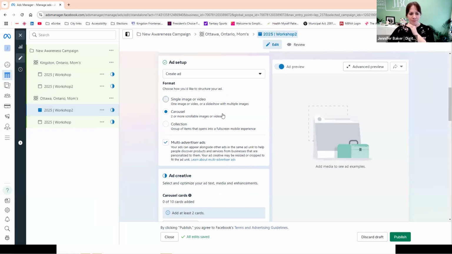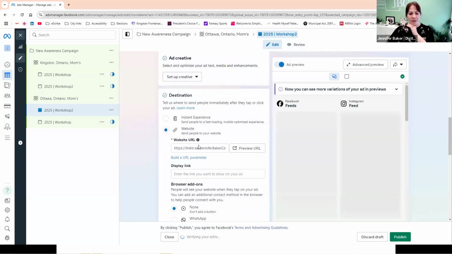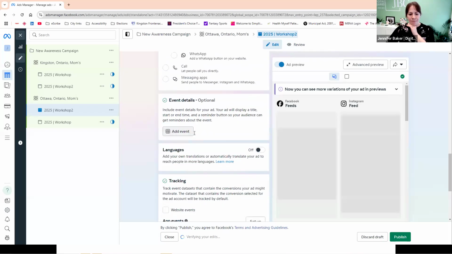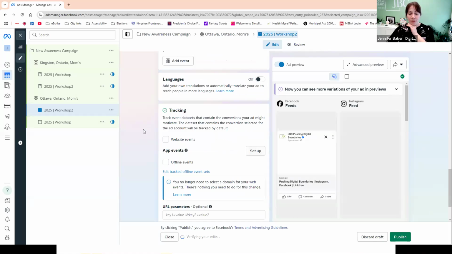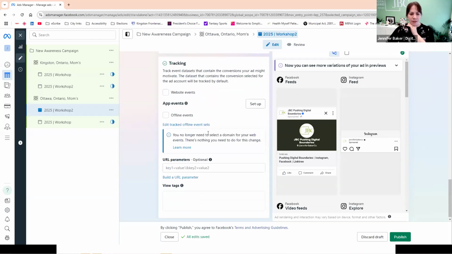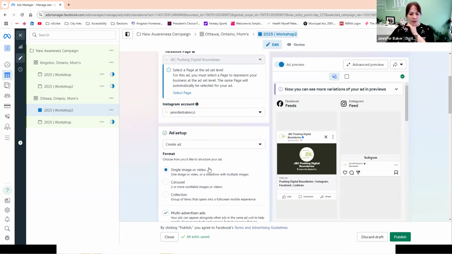So use with caution. So there's your single image or video. You can include your website in here. We didn't talk about tracking pixels because that is, I think we talked about that previously. Yeah, we did. We talked about it in audiences. Okay. So let's just add in an image